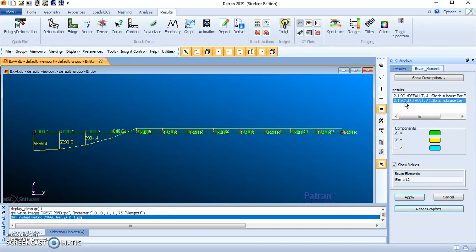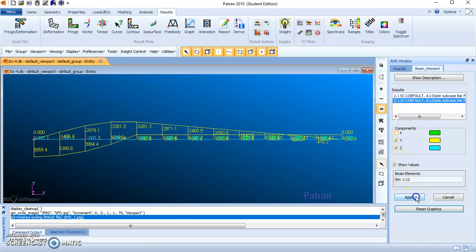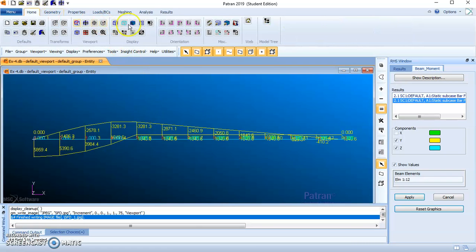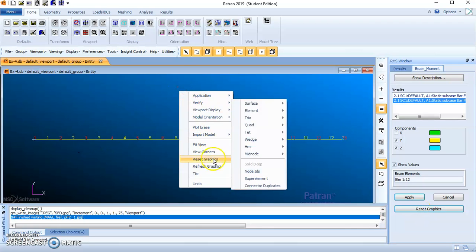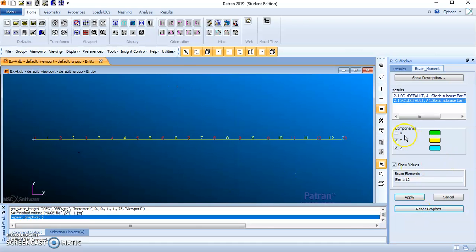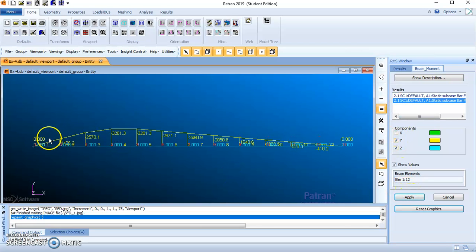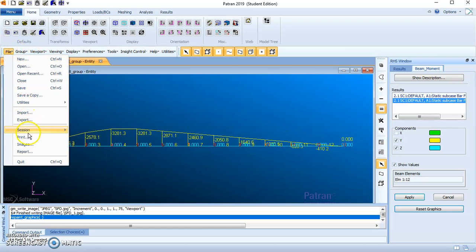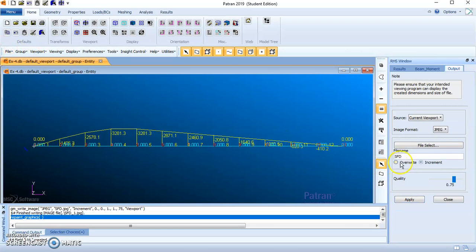Similarly, choose the second result, choose Y and Z, apply. Now to view that result, or you can reset graphics. Apply again. See, this is BMD. You can write this file also. Image, type here BMD, apply.